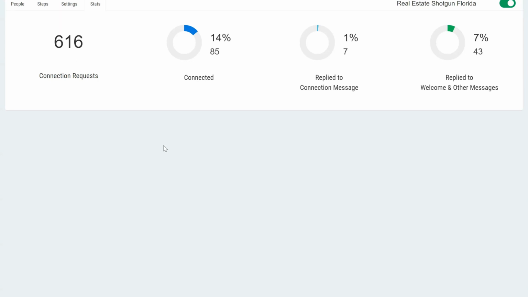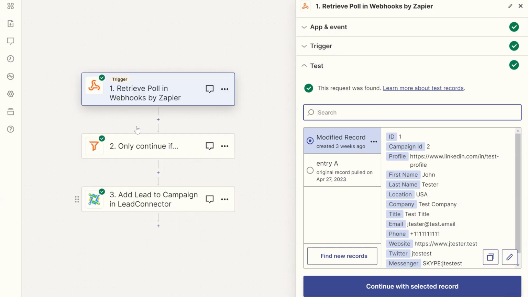Okay. Now let's just say when somebody connects with you. After somebody connects, it's going to go into the CRM that's here automatically based off your Zapier. So this is the connection we use. We have it come in from a webhook. We have it go through. We filter it out, and then we also connect it to our CRM here, to the LeadConnector CRM.